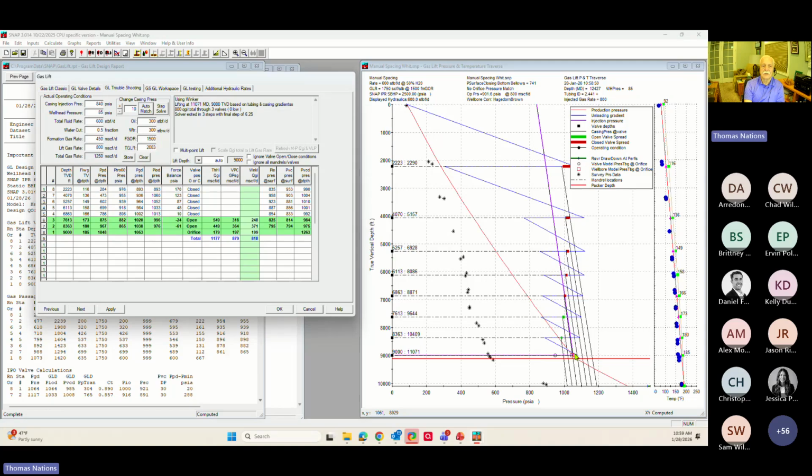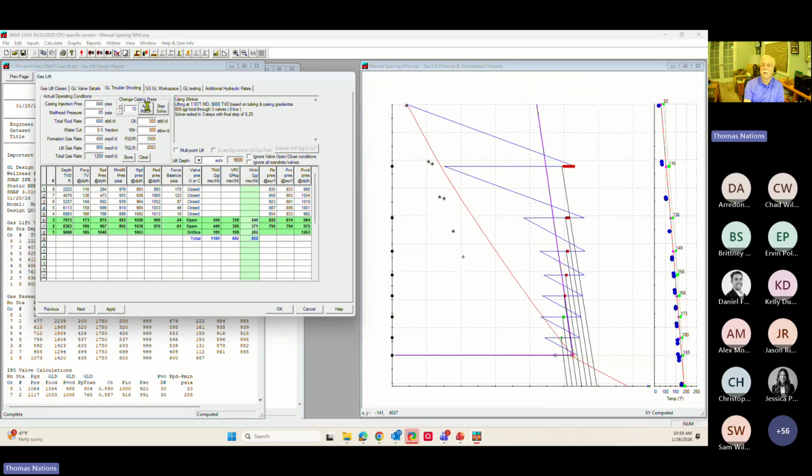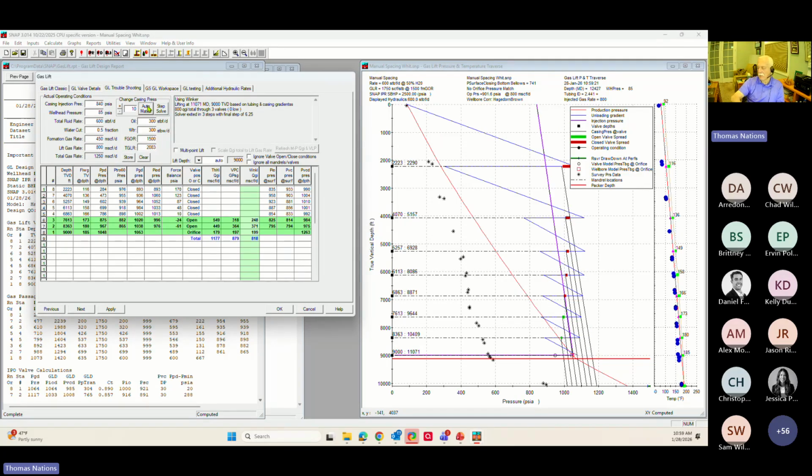But with that port size, it's not generating enough gas through that bottom orifice, so it's still opening these upper 2 valves. So that's how you use the troubleshooting tab to figure out what our actual operating conditions are going to be. All right,